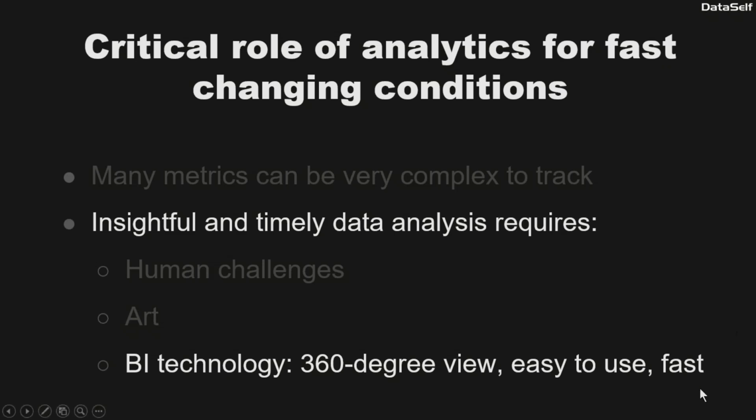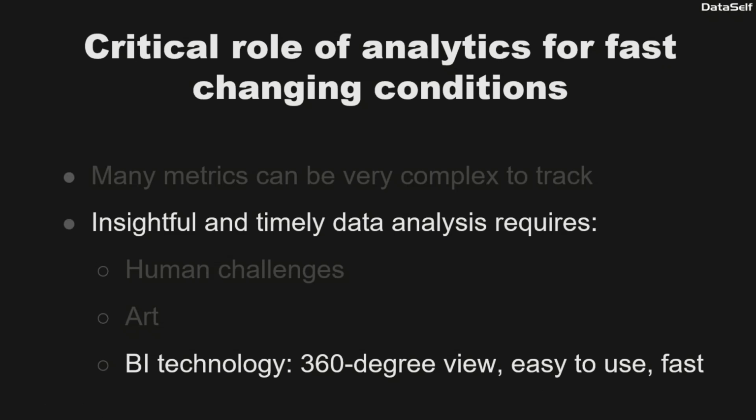The last component of the technology is speed. In our experience, if reports and dashboards and KPIs take more than 10 seconds to run, guess what? Most salespeople will not bother waiting. Nowadays, people are very impatient with technology. If they open a page and it takes more than 10 seconds, they give up and they'll wing it, or they'll do something else instead of looking at that information. So being sure that whatever your BI technology is, it delivers reports in under 10 seconds is also critical to having analytics play a critical role in helping salespeople be more efficient.